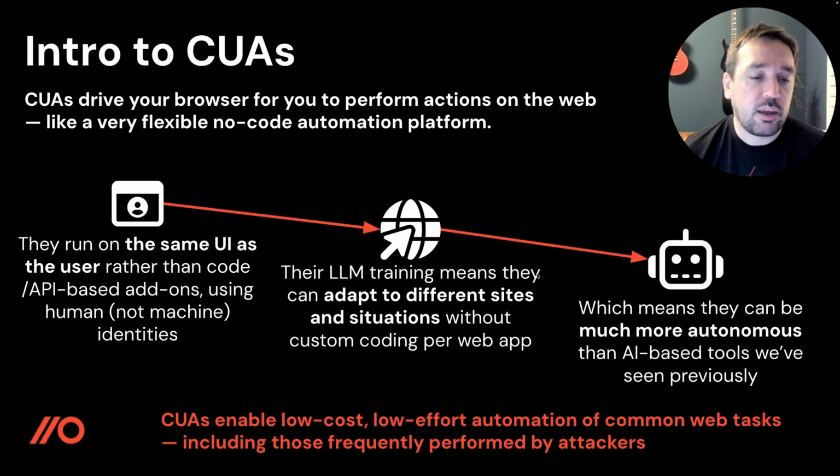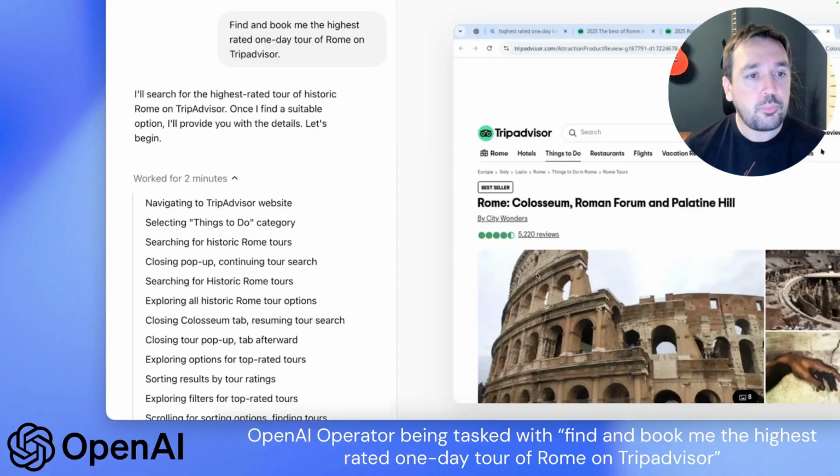So really, they can do a lot of automation across common web tasks, and that unshackles them from almost the jail that they've been inside in LLMs before, where they're kind of this black box that's limited, that you can give questions and answers to, but they haven't been unleashed upon the wider world as much. Computer using agents are changing that. They can drive a web browser and interact with so many more things.